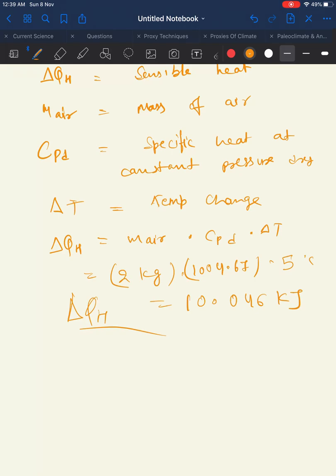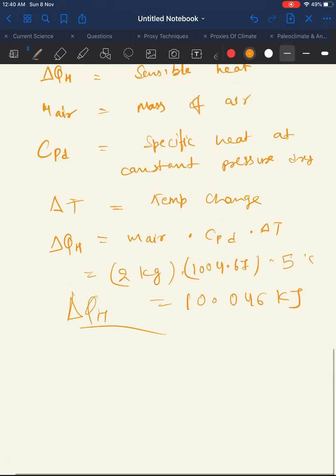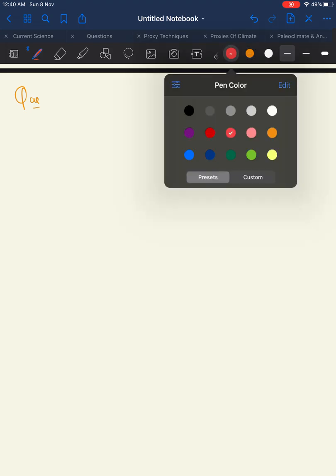Okay, so in water's case it's a latent heat. If you are changing the phase of a matter, that is a latent heat. And sensible heat increases the temperature of the body. Okay, so is this clear to you? Right, now there is a similar numerical, again it was asked some 3 years back. Okay, so let's solve another question.